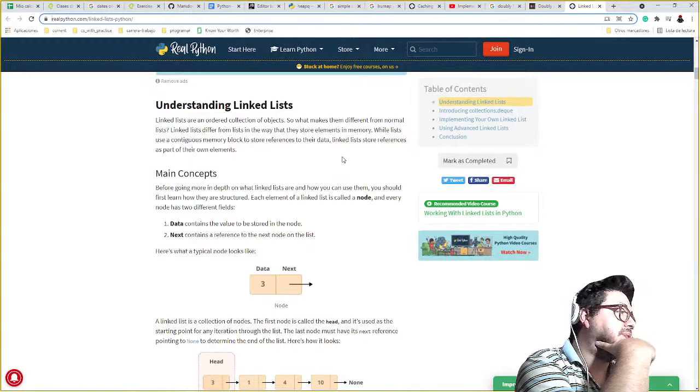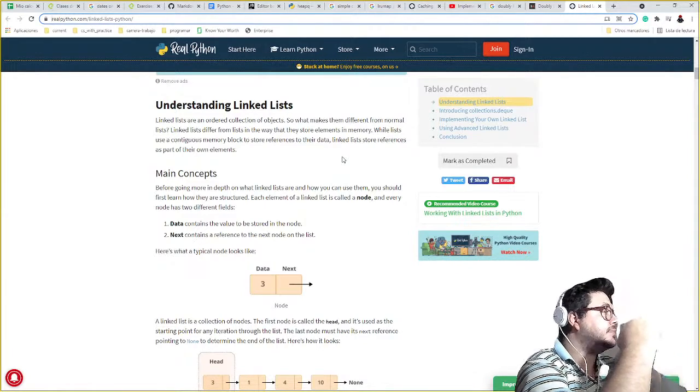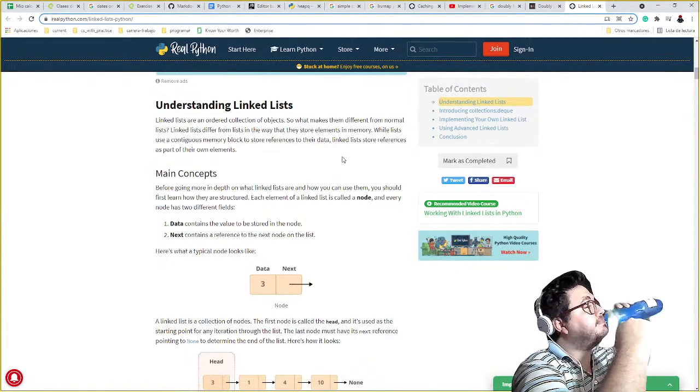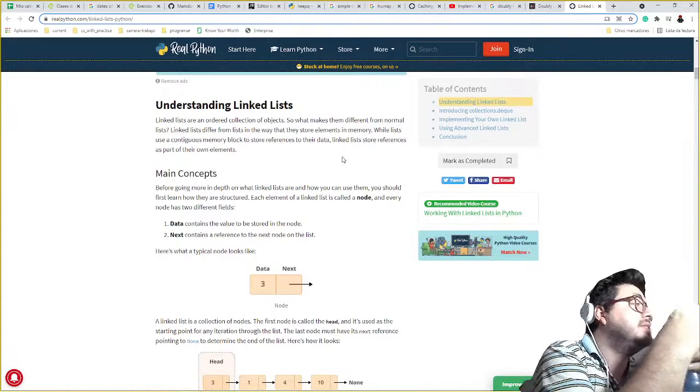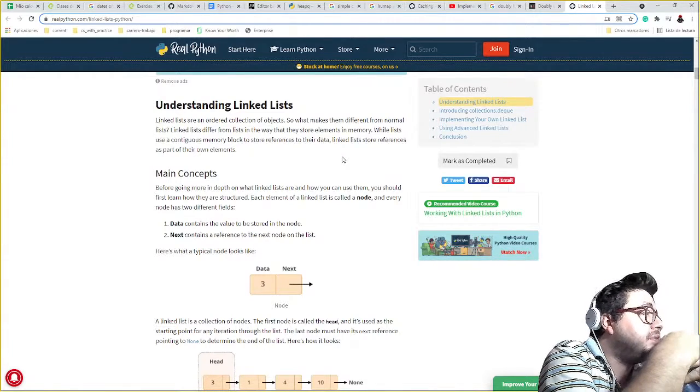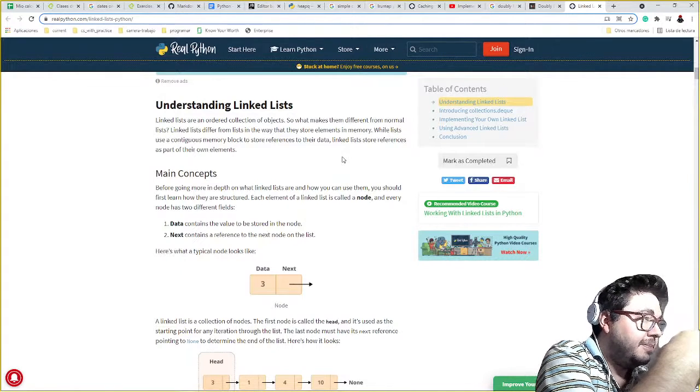So what makes them different from normal lists? Linked lists differ from lists in the way that they store elements in memory. While lists use a contiguous memory block to store references to their data, a linked list stores a reference as part of its own element.